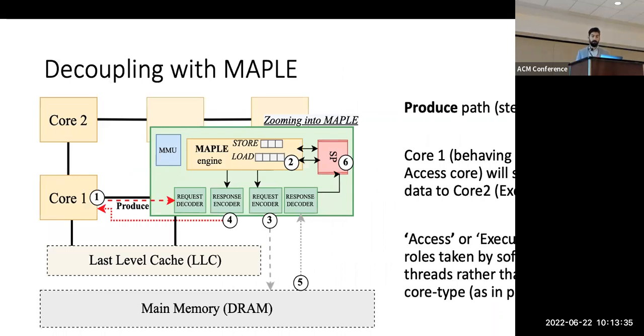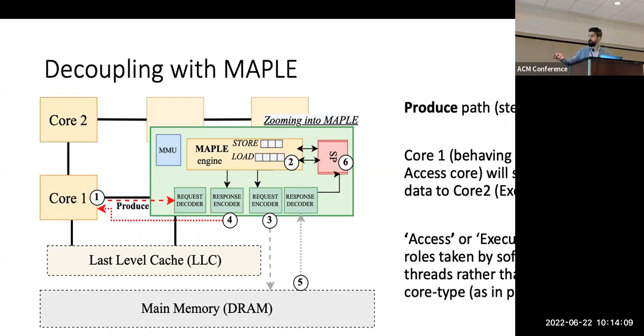Now we are going to learn how Maple helps, in this case, Core 1, to fetch many of the irregular accesses in parallel without stalling its own pipeline. The figure shows the sequence of the software and hardware steps of this produce of a pointer address into Maple, which they will then load from main memory. Step 1, it starts doing a store operation into the Maple address space. Maple is a memory mapped I/O within the address space of the chip.